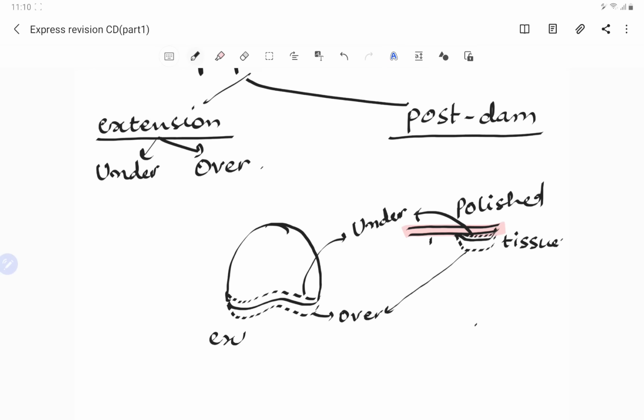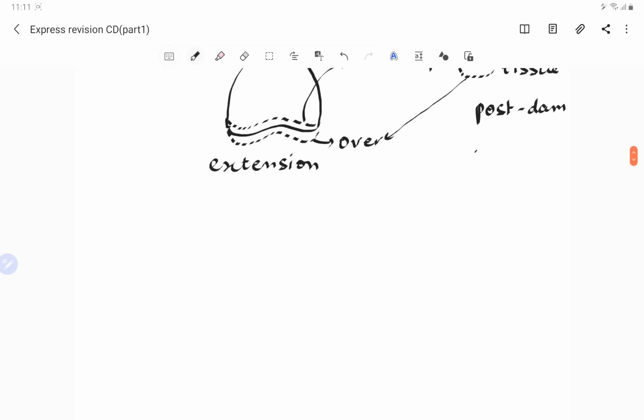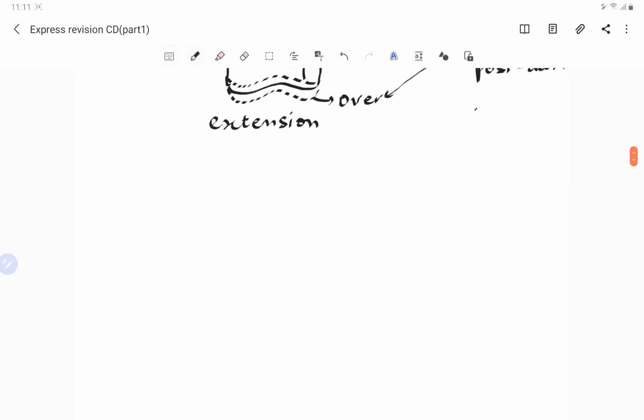This is extension and this is post dam, right? So post damming also has under post damming and over post damming. One by one we will cover, first of all extension. So under extension,